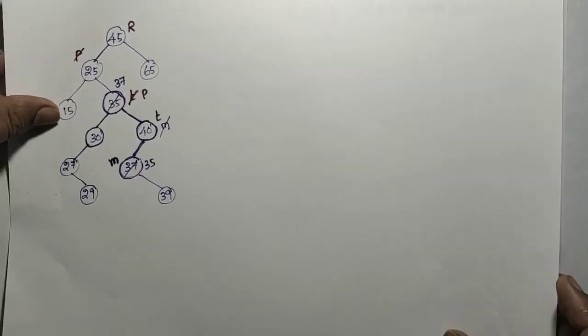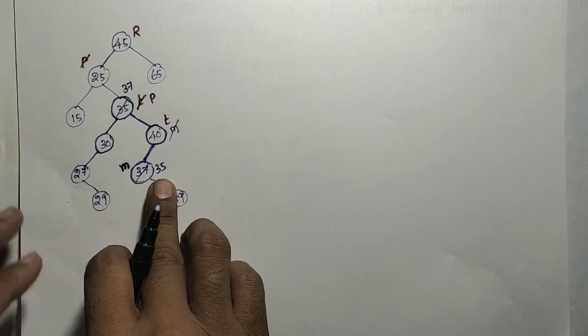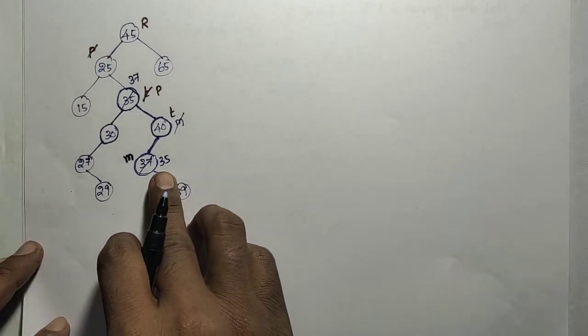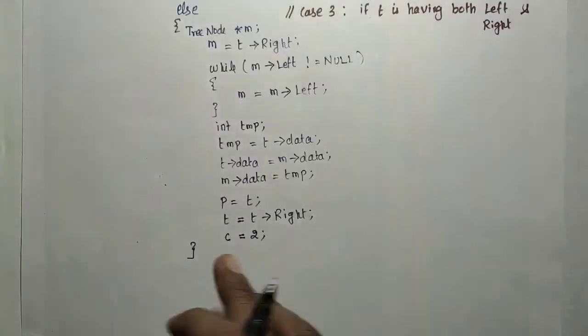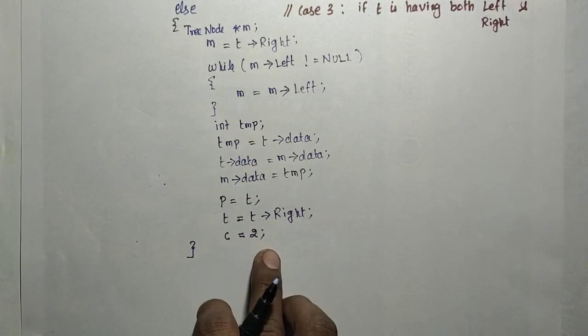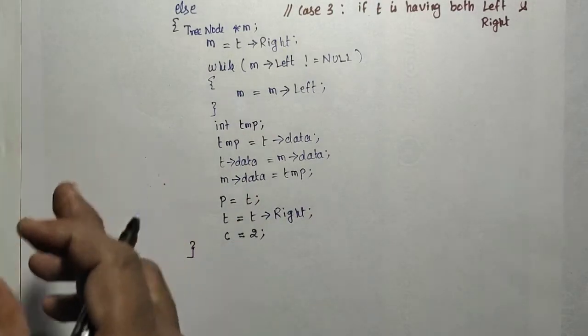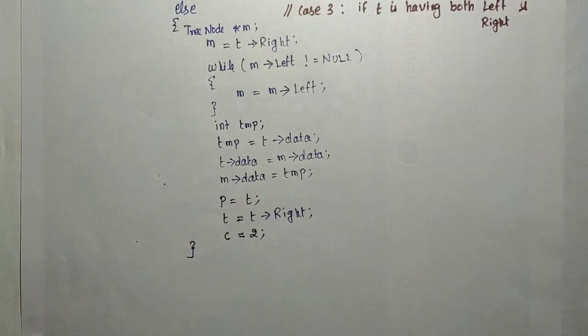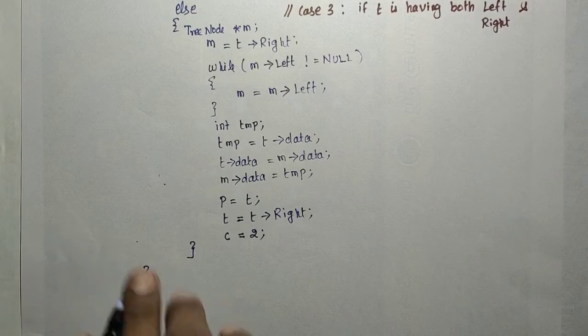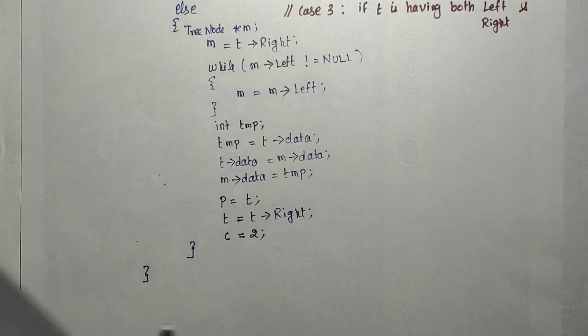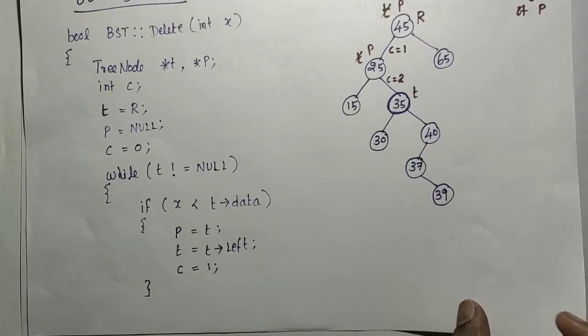So in that tree, the 35 is present. Logically also the 35 is present, just it is moved downwards. That's all. We have not yet deleted. So what is happening after the third case? After swapping, again it will continue the while loop. So now I need to complete that while loop. That while loop will get completed here, so it will go again. Again it will start checking the case 1.